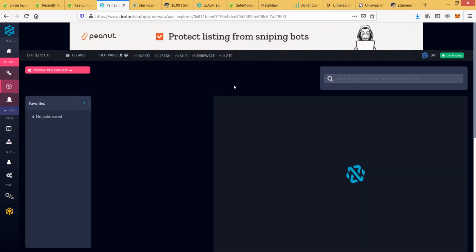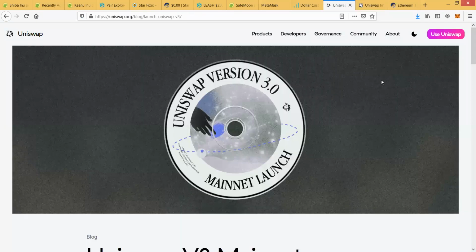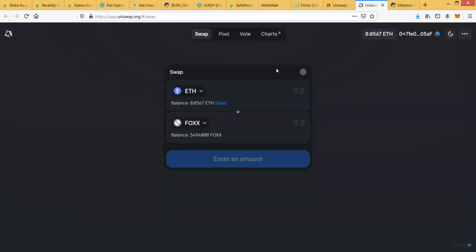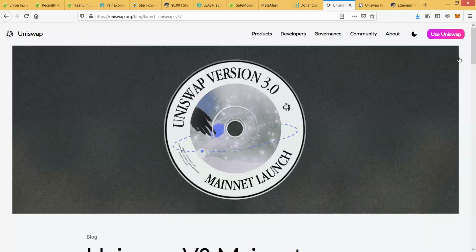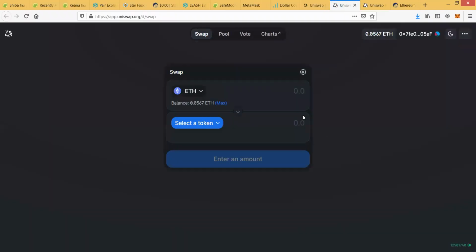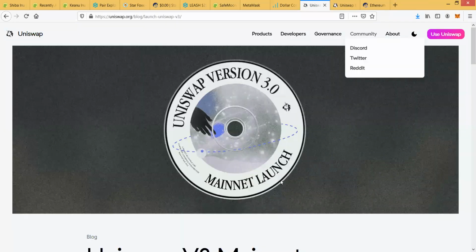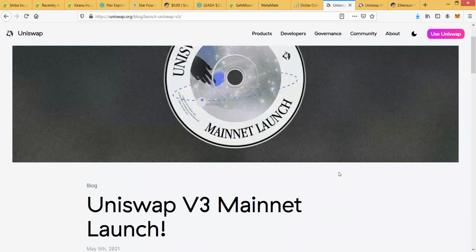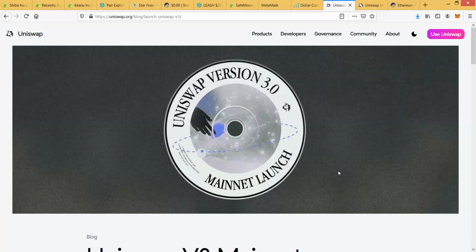Now, there are so many other things I'll tell you about Uniswap. If you go to Uniswap now, there's more to Uniswap than just the swap. Let me click on use Uniswap here. Okay, I've connected my wallet already. I wanted to show you how you can add a pool on Uniswap, how you can put money there, just like you stake money on a CEX platform. You can stake money, you can add liquidity on Uniswap and then use it, and then you start making money